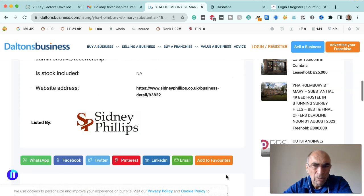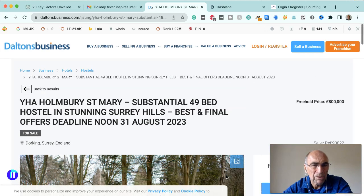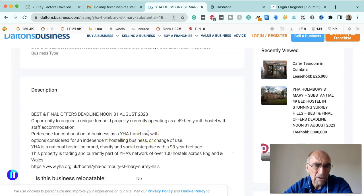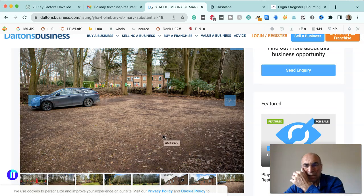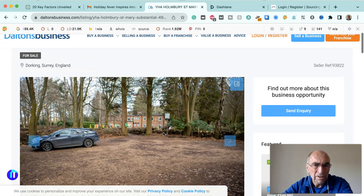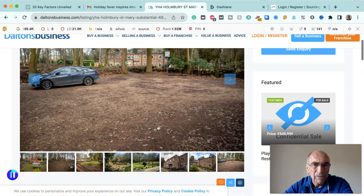Well, you'd think if you wanted to buy a hostel, you could, and more or less continue its current operation. It's difficult to see how you could acquire this and repurpose it to a different use, because you're going to get a lot of grief from the Youth Hostel Association themselves. They've got to sell the place. Presumably they're in need of funds, and they're going to resist any usage which doesn't fit their mould of youth hostels. So although it is a lovely site, the building is not really that of that much merit,